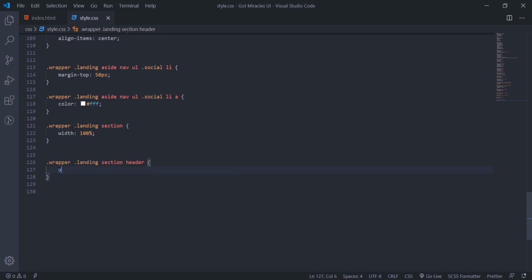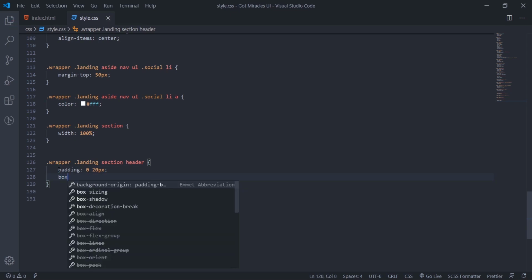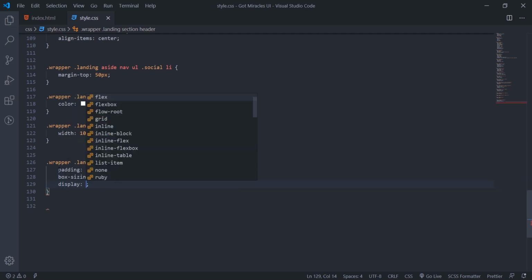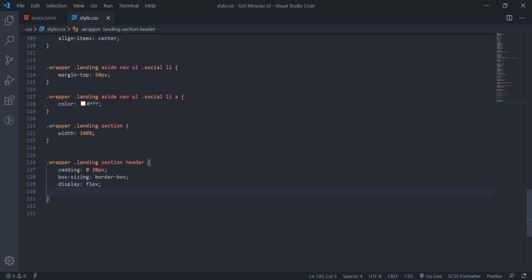Set padding to 0 top and bottom, then 20 pixel left and right. Then the box sizing, we'll set to border box and display will be flex. We'll say justify content, space between. Then align items to center. We'll set the height to 80 pixel.